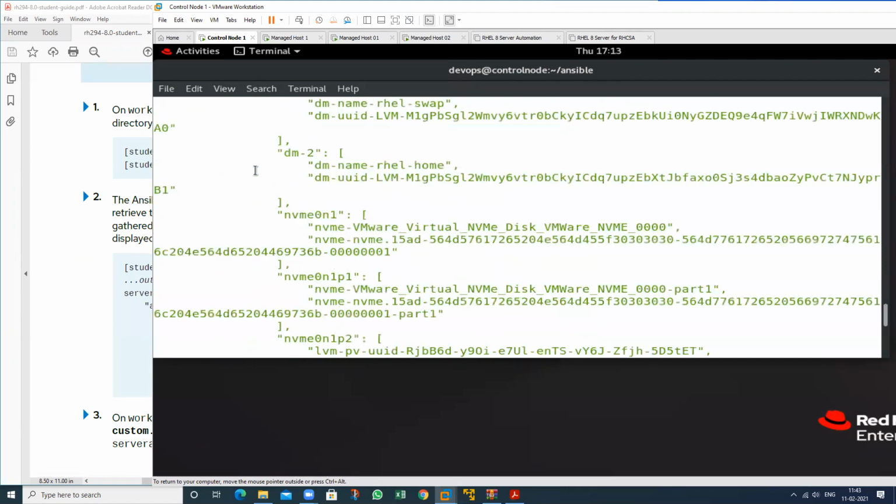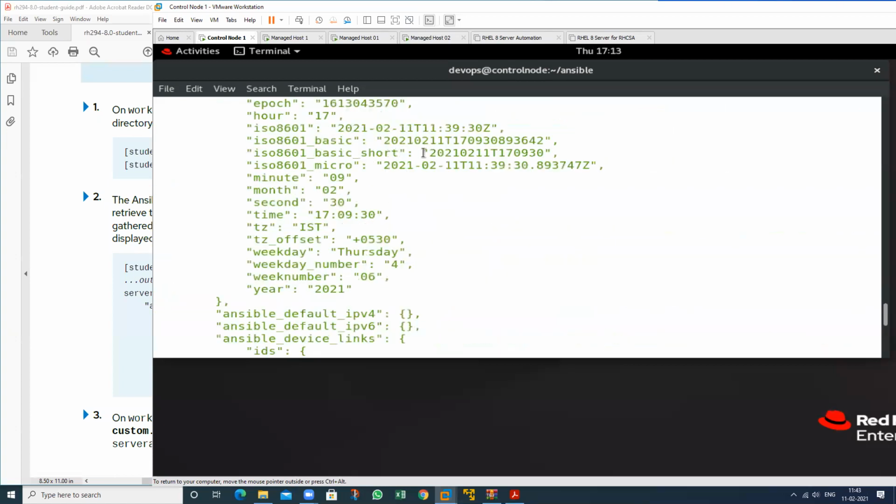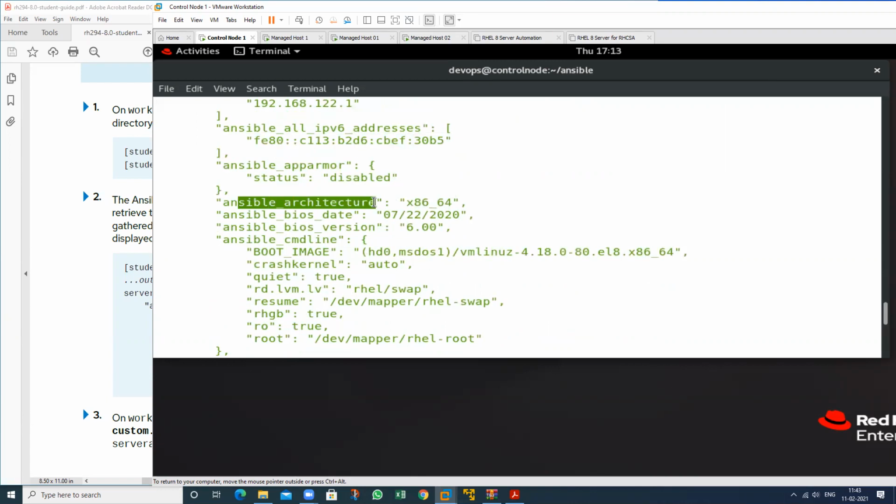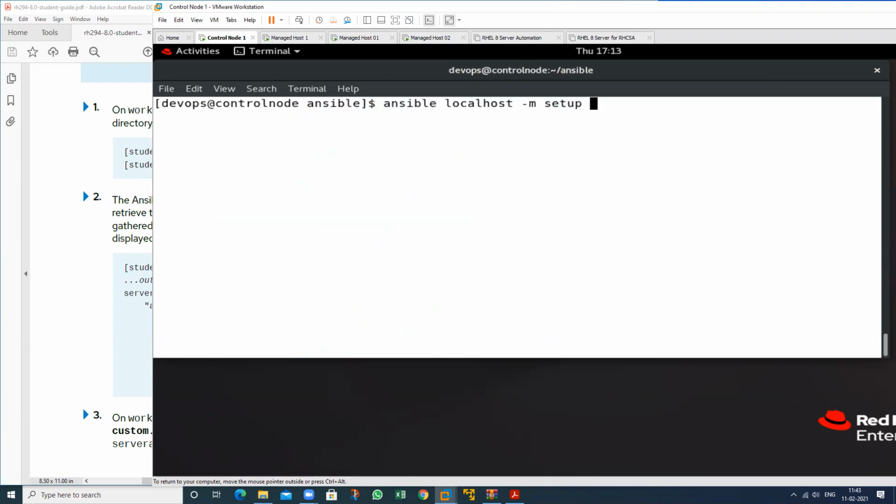The IP address is this one. What is the IP of my machine? 10.10, and IPv6 is this. The Ansible architecture is this. Suppose I do not want the whole output like this, so we just filter this one.